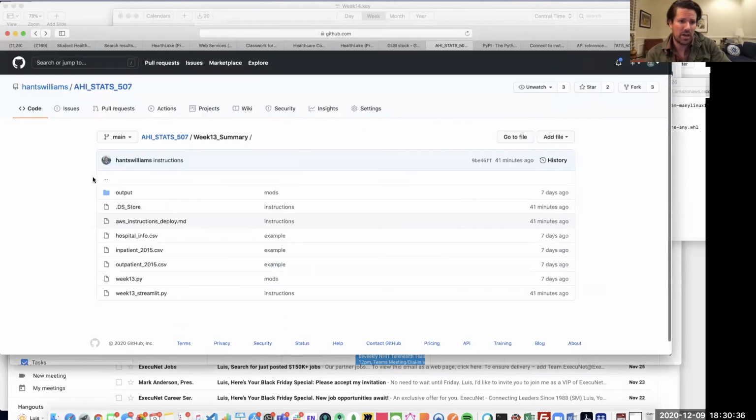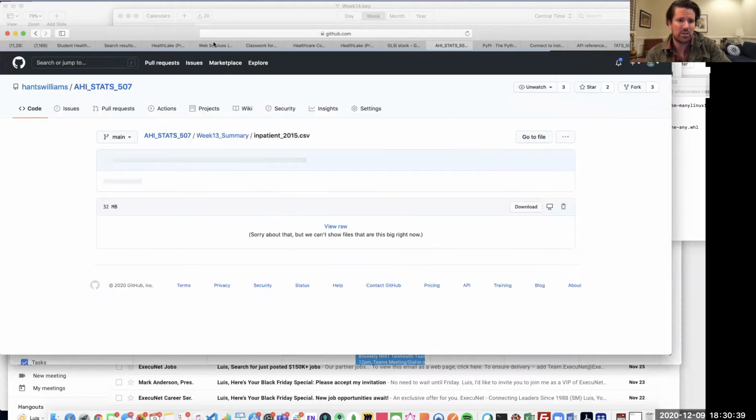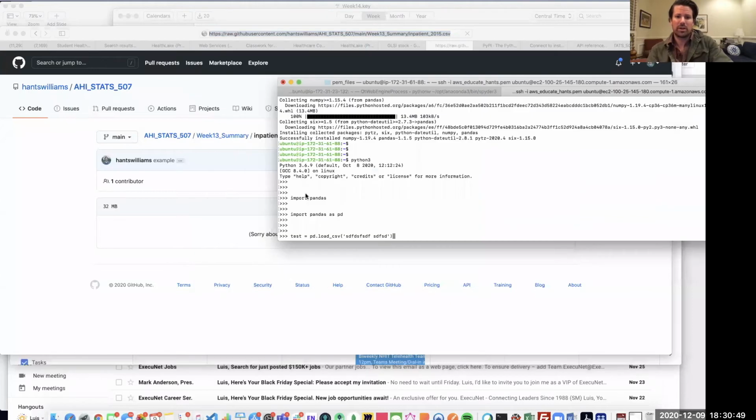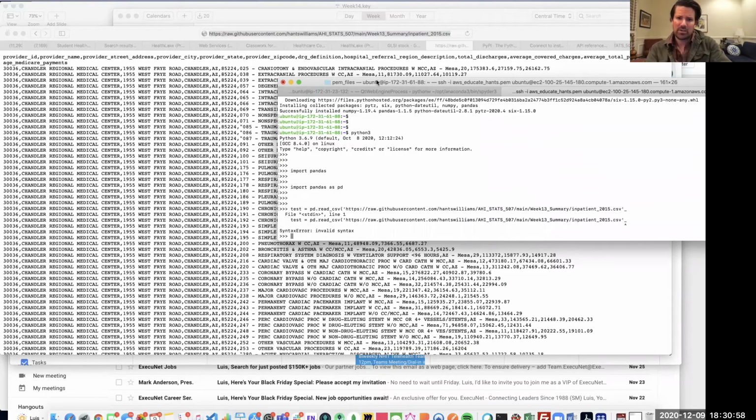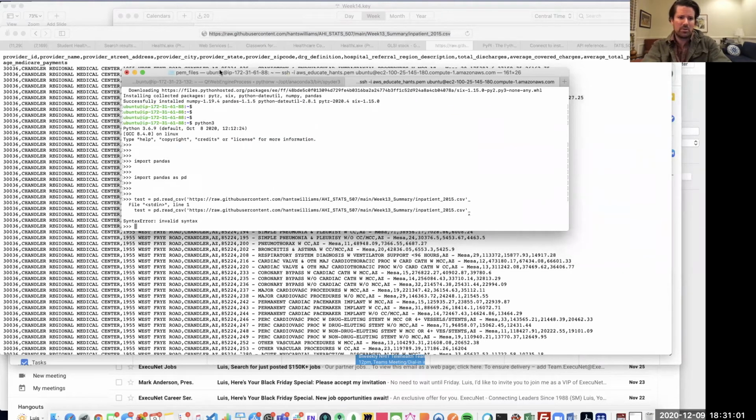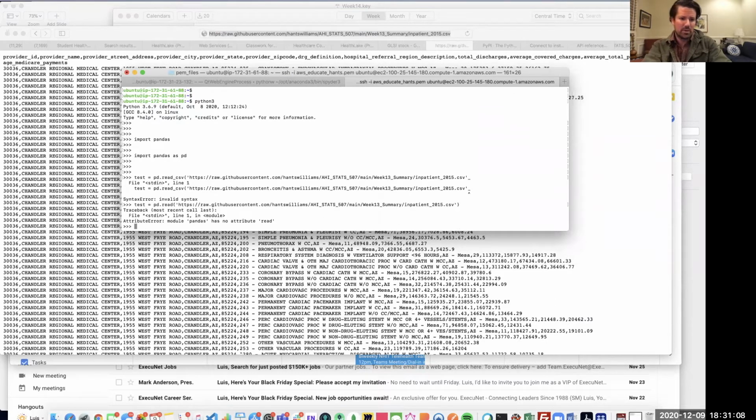I think we have one of our data sets here, inpatient CSV. Let me just get the link to this raw. Okay, so let's actually test this. So if we do PD, and I think it's read.csv followed by that, syntax error, probably screwed up something, yep. So we say test is equal to pd.read, and then we copy paste that in, enter. It's not read, test, test equals